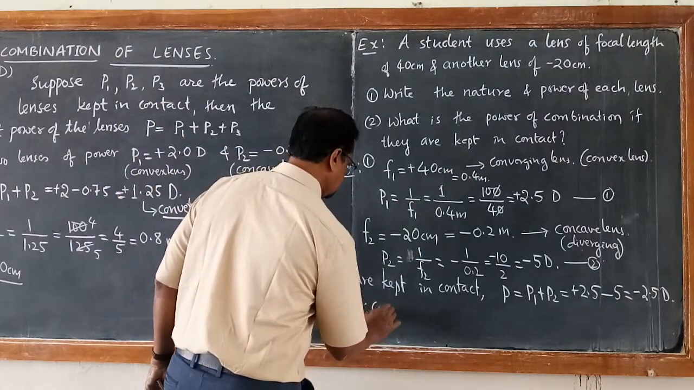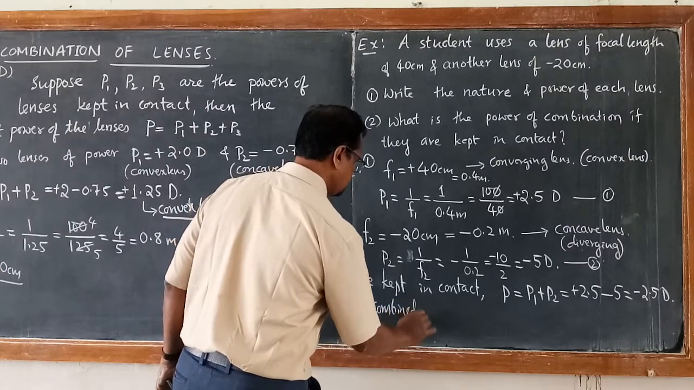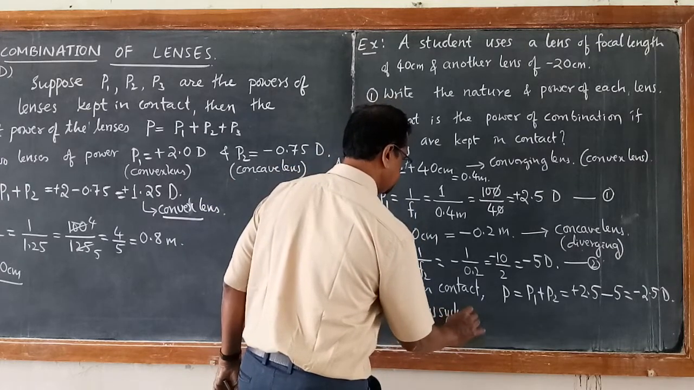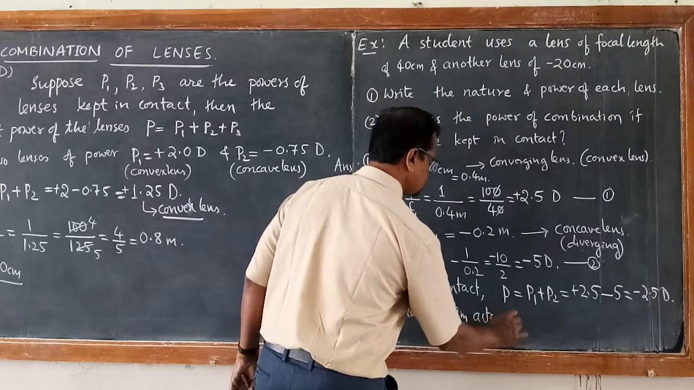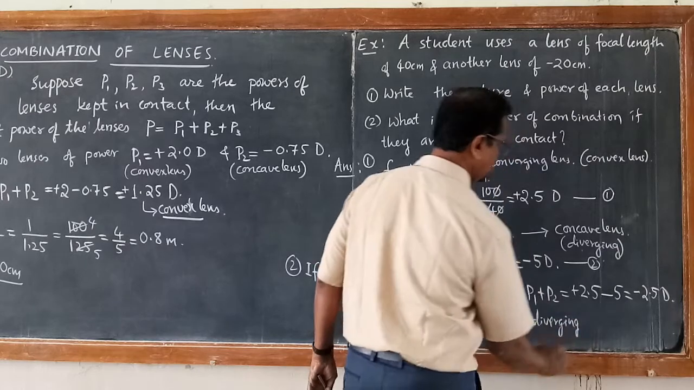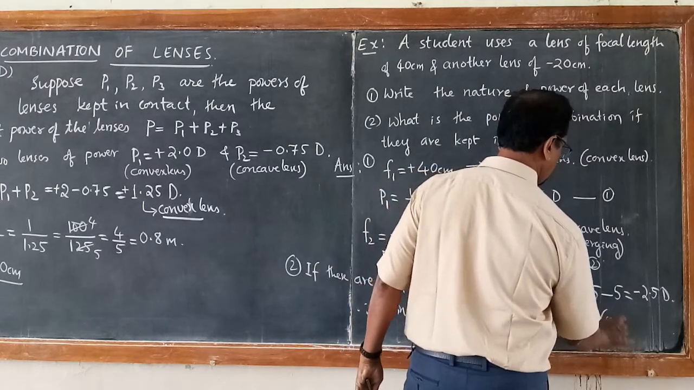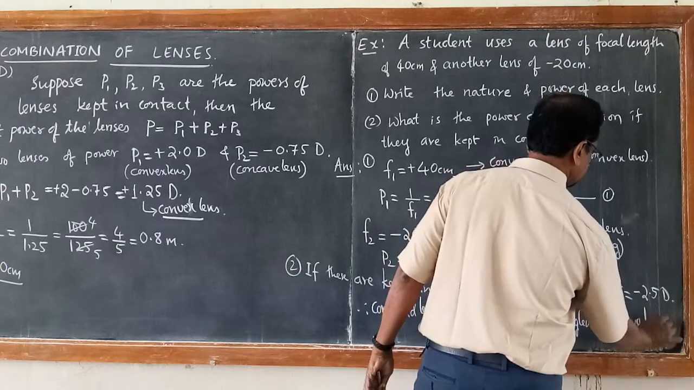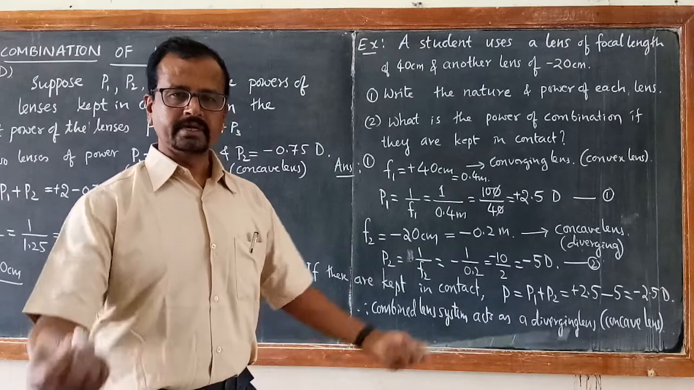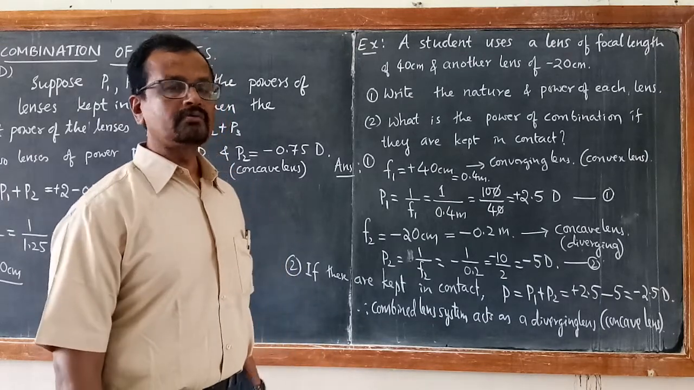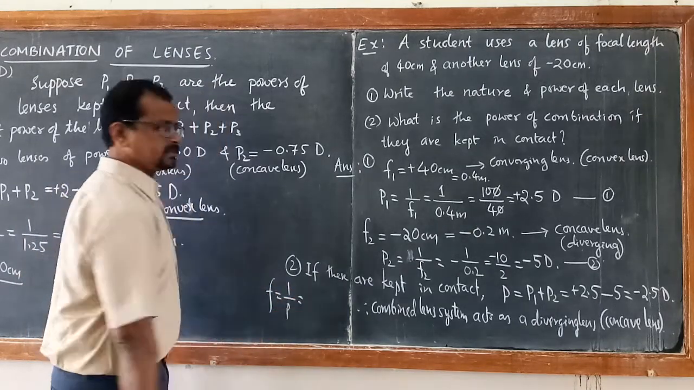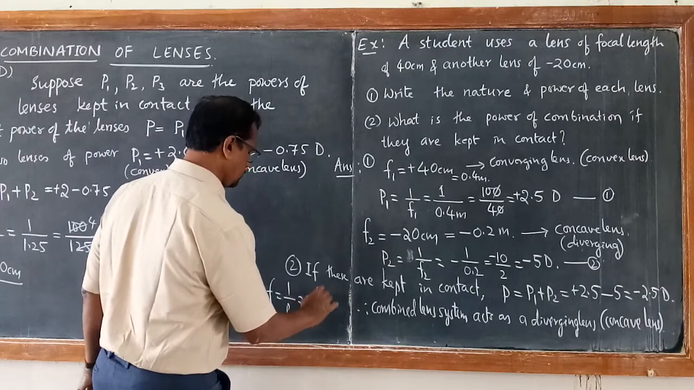Therefore, the combined lens system acts as a diverging lens, totally a diverging lens or concave lens of power minus 2.5. If you want, you can calculate what is the total focal length. What is the total focal length? f is equal to 1 by P, minus 1 by 2.5,